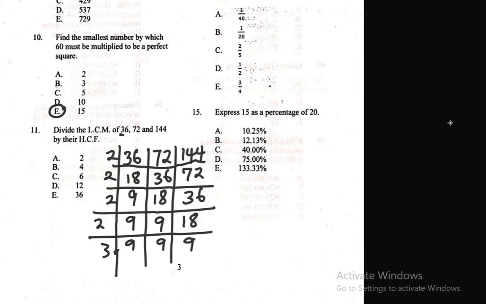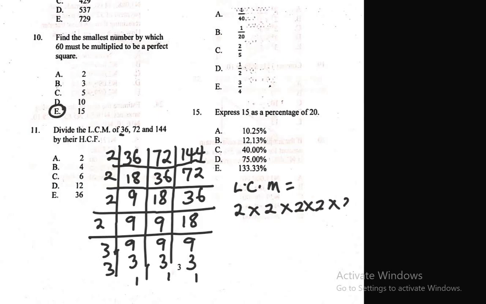So we go to 3. 9 divided by 3 is 3. 3 into 9 is 3, 3 into 9 is 3. 3 into 3 is 1, 1, 1. So the LCM will be the product of the divisors, which will give us 2 times 2 times 2 times 2 times 3